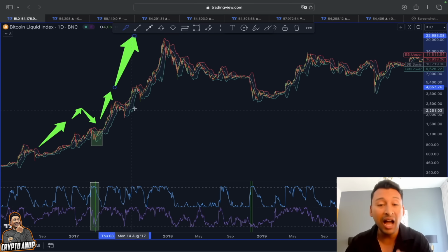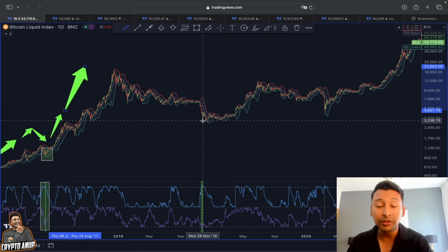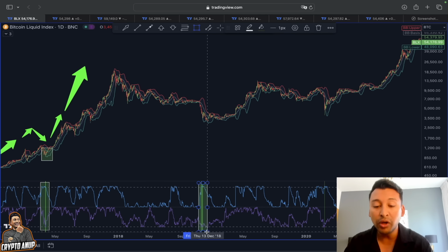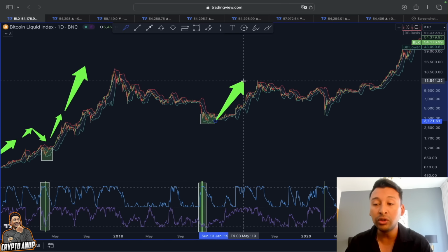Same thing happened here. After this bull market top, we had this corrective move, a bear market rally. But if we look at this bear market, when the price of Bitcoin dropped to almost $3,000, $3,200, that is when this indicator, ATR normalized and Williams Percent Range, started signaling a bottom around that area, which was one of the best buying opportunities, because after this pullback, you can see the price of Bitcoin started an actual bullish move. From $3,000, $3,200, we went all the way up to